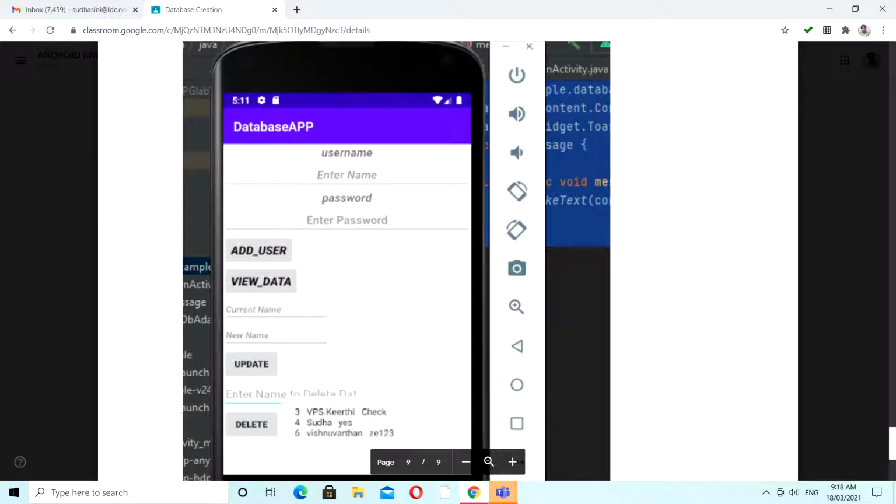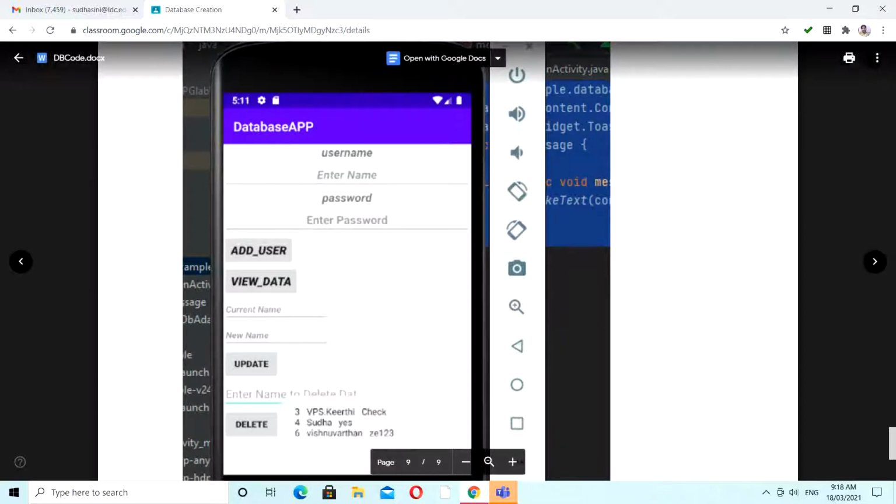So obviously your data will be case sensitive. So you have to give the exact name which you have mentioned in the table, in the particular attribute. Okay, so here I'm going to give the name Sudha. This second row is going to be deleted, which means I have to give a name here and then click on this delete button. After this deletion process completes, if you want to know the updated information, we again have to click this view data. Okay, so this is the entire process.